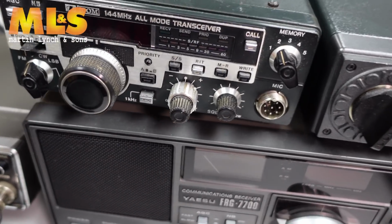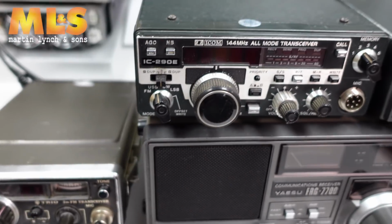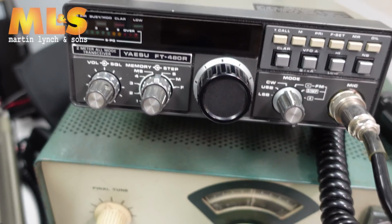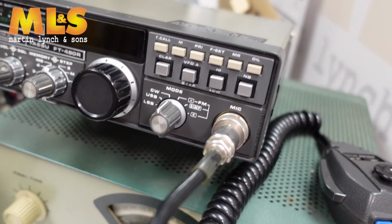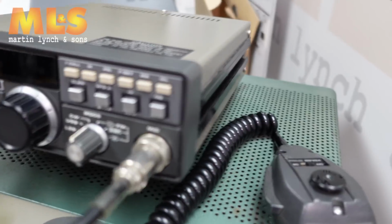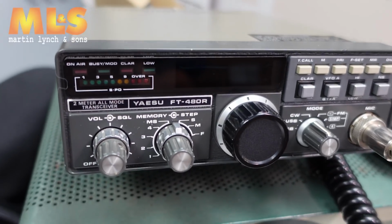Popular machine. It was very popular, but I have to say, not as popular as this one, which is the Yaesu FT480. This is actually one of my own. Yes, I have got loads of kit at home, but we didn't have one here, so I bought this in. This was a 10 watt multi-mode, so not as powerful as a 290. It did indeed precede the